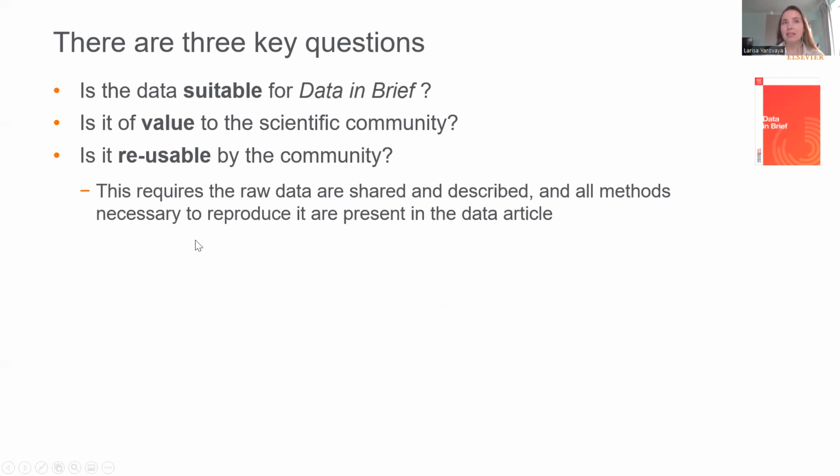So, whether the data are shared and described clearly, and all methods necessary to reproduce are present in the data article. If someone else wants to construct a similar data set or to reuse this data set from this data article, they should get all the essential information on how they can do it. So if the data article meets these three requirements, then you can already focus on certain further specific details when